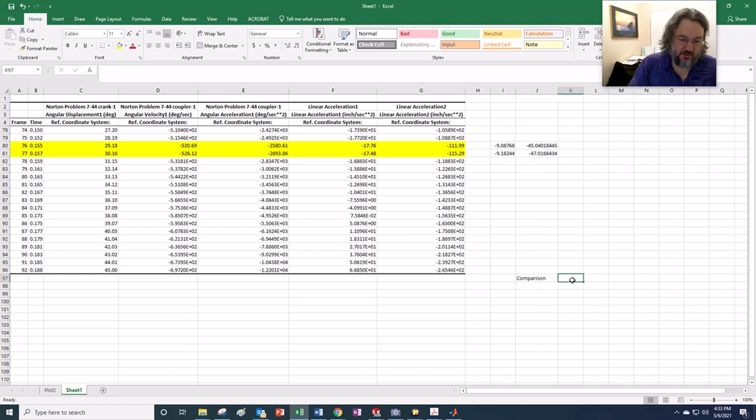We go hand, SolidWorks, spell it right, SolidWorks, MATLAB, although by hand is really partially MATLAB, right? But these were with hand calculations, right? I don't know why I wrote comparison right here, but we go